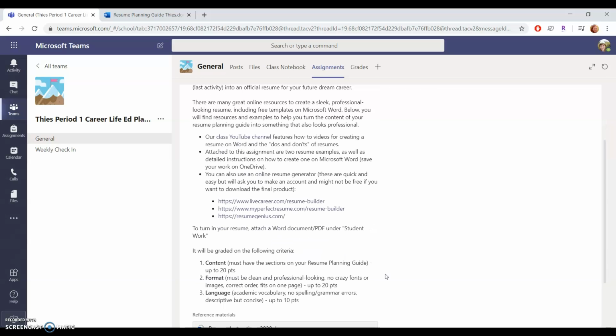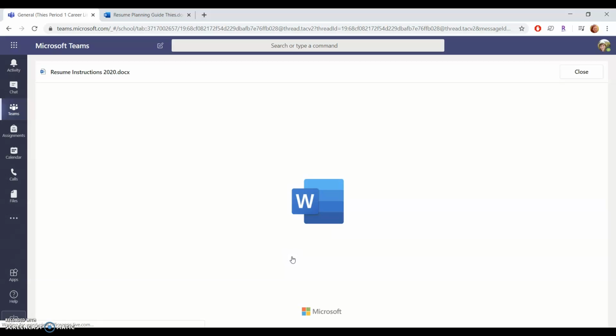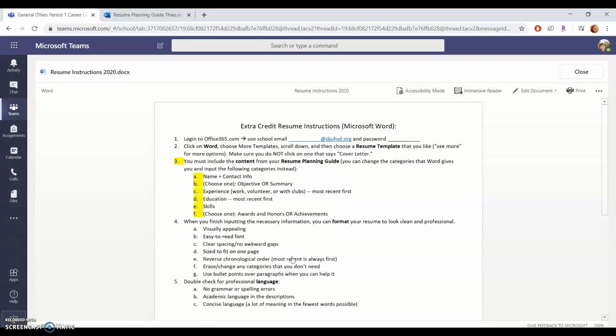What I'm going to show you guys how to do is create a Microsoft Word template that can be just as professional looking. You just might have to do some more work on your own to make it look good. So I'm going to just open up this document that says resume instructions, and it'll show you a step-by-step guide. So I've got a whole step-by-step guide here. You're already logged in, hopefully, to your Office 365. What I'm basically going to show you is